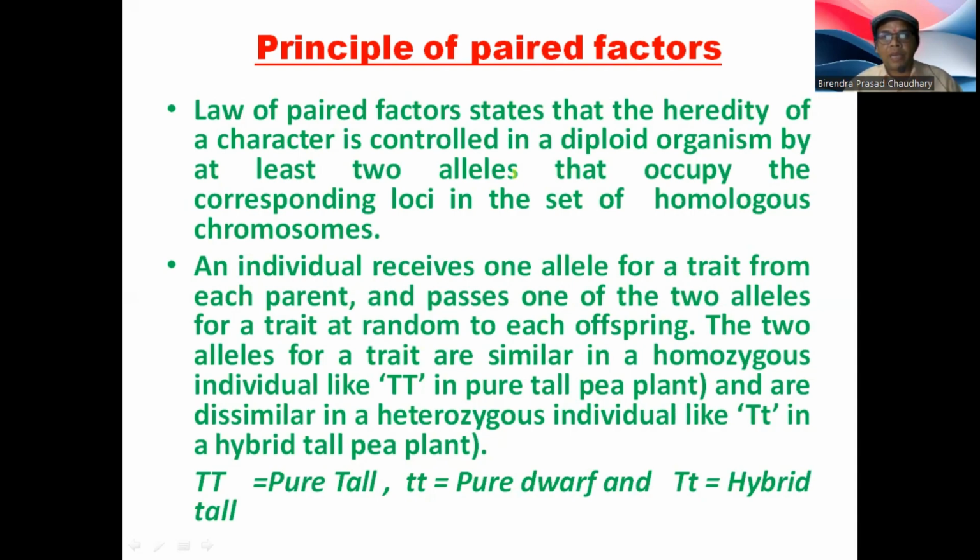So a pair of alleles that are present in the corresponding loci of the homologous chromosomes are responsible for the heredity of a single character. In any diploid organism, there are homologous chromosomes, in which one chromosome is from the paternal side and the other is from the maternal side. The locus of both homologous chromosomes is the same, and at the same locus the alternative forms of a gene,